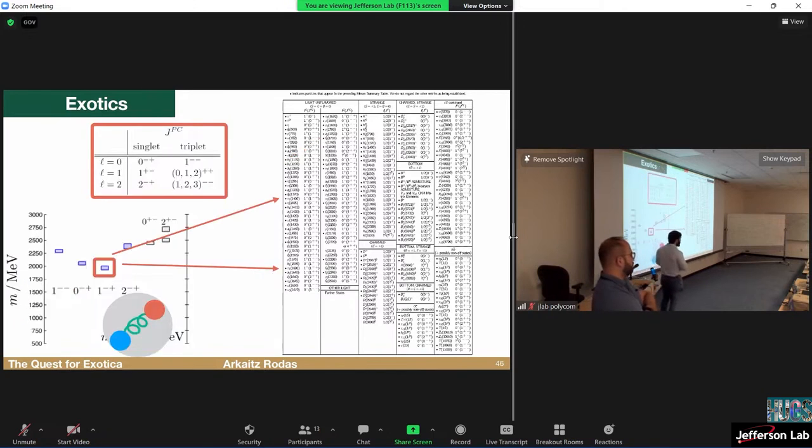What happens with the states that don't have the quantum numbers we were speaking about before? What happens with this 1 minus plus hybrid? Well, the picture is even more complicated, because if you do lattice QCD calculations, you expect 1 to exist. But then you go to the PDG, and it seems like there exist 2, and no theoretical prediction ever predicted 2. So we're seriously misunderstanding something. It's these hybrids.